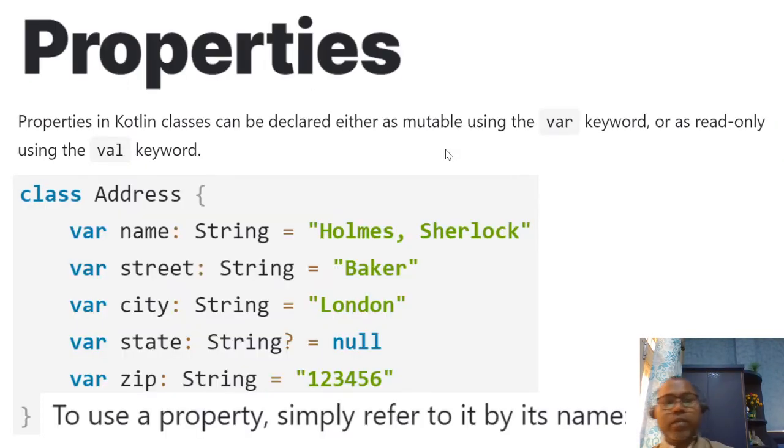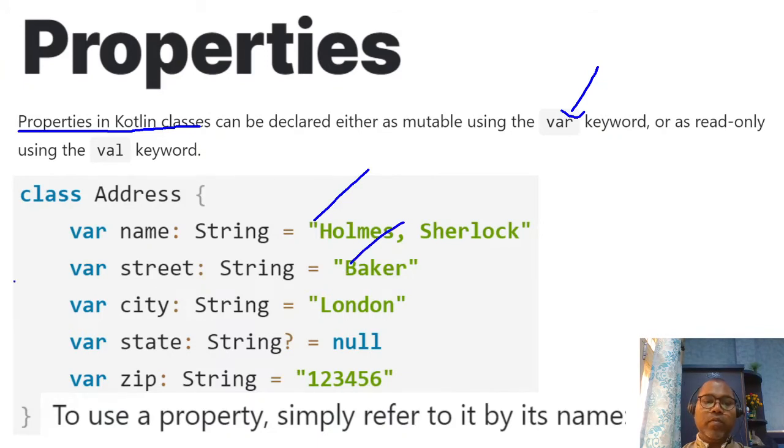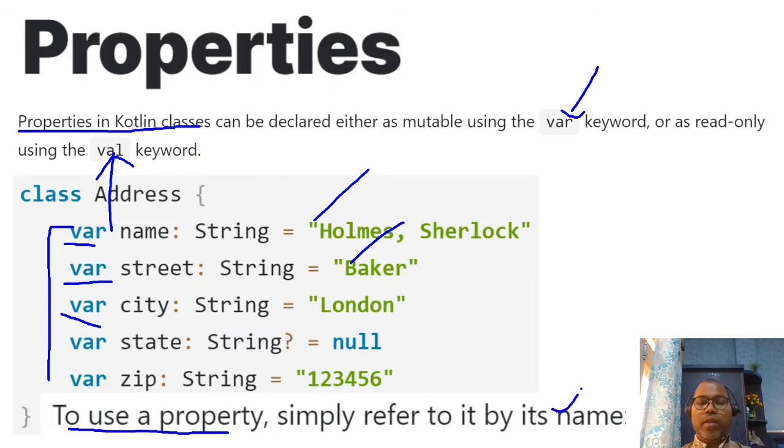Now, Kotlin properties in Kotlin classes can be declared using the var keyword or val. If you want to declare a modifiable variable, you can use the var keyword, and if you want to declare an immutable variable, you can use the val keyword. To access a property, you use its name.